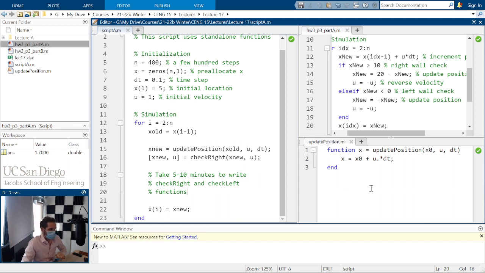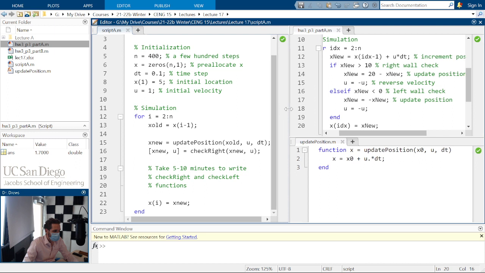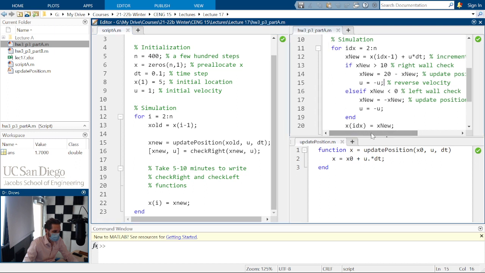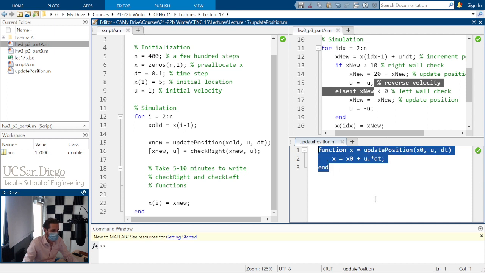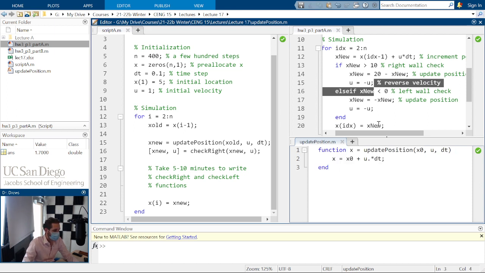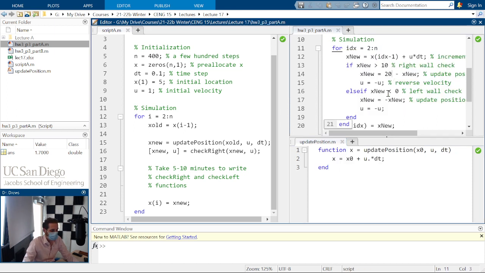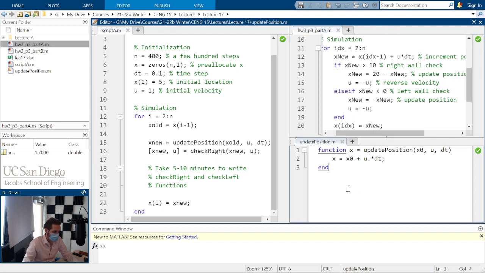All right, let's take a look at a couple of different ways to do this. So I'm going to leave the old simulation visible over here on the top right, because that's got all the logic that we need, and then we'll just create our new functions down here on the bottom. Even though we're not actually running this function, it's nice if the logic is there, in case we need to refer to it. I need this check right, so the first thing that I'm going to do is create